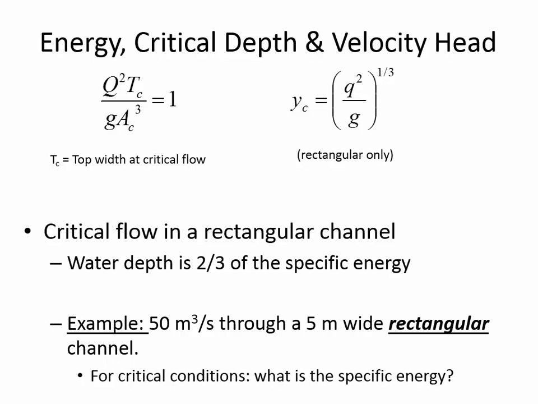That's just a unique aspect of critical flow, that 1/3 of the energy is in the form of the velocity head, and 2/3 of the energy is in the form of the depth. And so sometimes if we know that the conditions are critical, we'll just solve E for critical flow is 3/2 times the critical depth. This is a simplified formula you can use to find the specific energy when you know conditions are